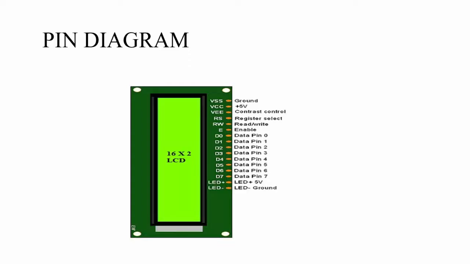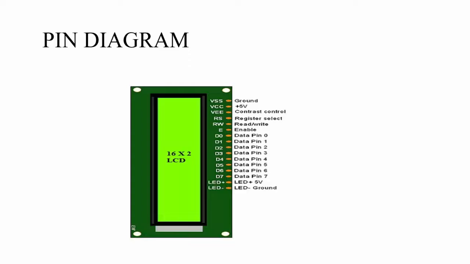The second one is data mode, which means the data register. It also stores the information which is to be exhibited on the LCD screen. Here, the ASCII values of the characters are the information to be exhibited on the screen of the LCD. Whenever we send information to the LCD, it transmits to the data register, and then the process starts.